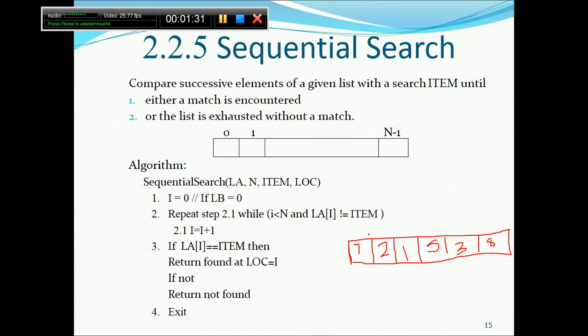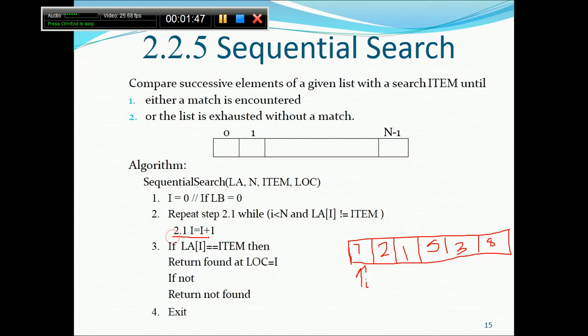Okay. In the sequential search, I is equal to 0 if the lower bound is 0. Suppose my lower bound is 0, so I would be here. I will be here. So repeat step 2.1.